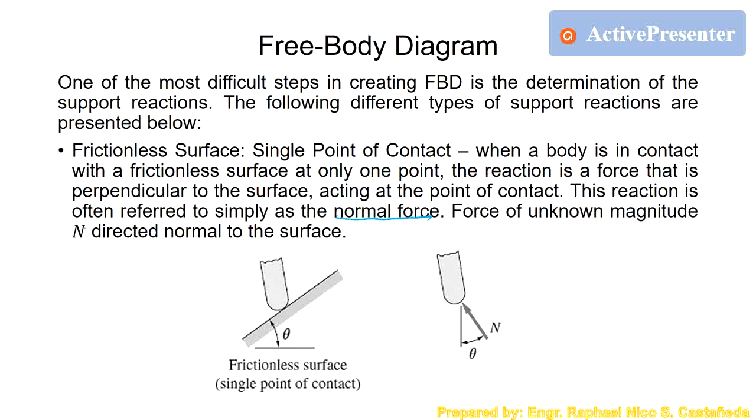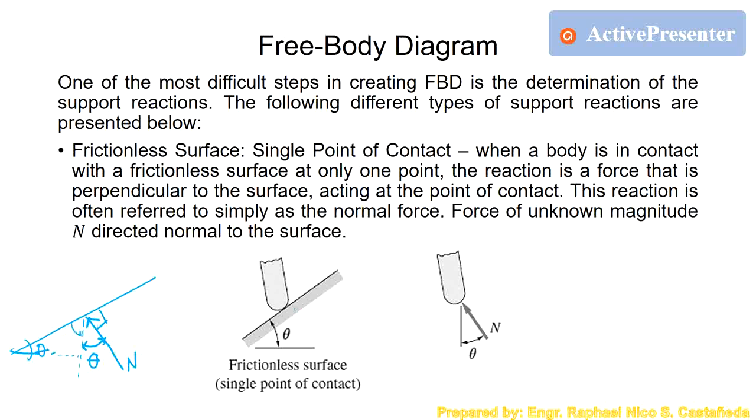So we will use N. So perpendicular, meaning if this is the surface, the force must be forming 90 degrees from the surface. So that's why theta is placed there, because if we write it here, if this is theta and this is the normal force, so this is 90 degrees. So what will happen is, this is also theta, this one right here, because